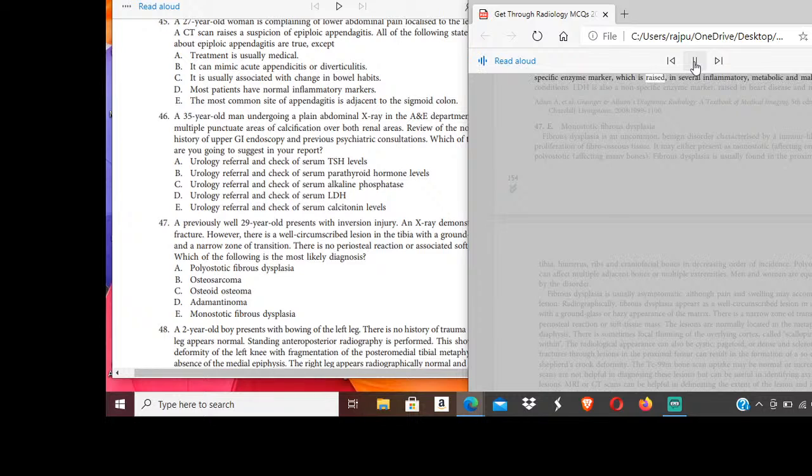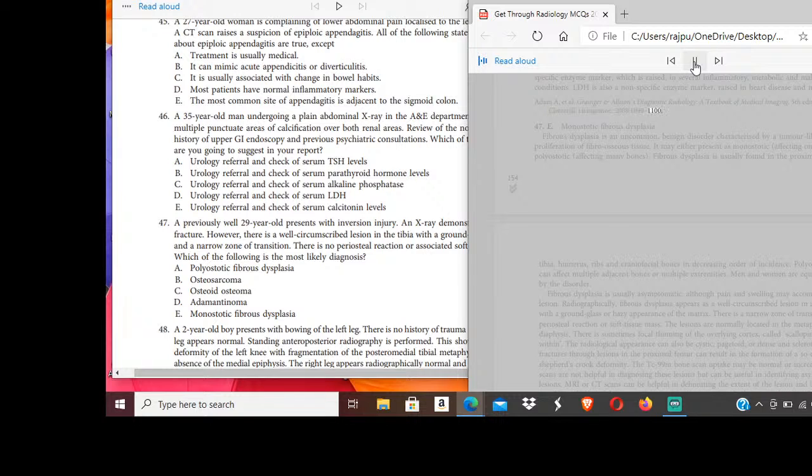LDH is a specific enzyme marker, which is raised in several inflammatory, metabolic and malignant conditions. LDH is also a non-specific enzyme marker, raised in heart disease and myositis. Adam A. et al. Granger and Allison's Diagnostic Radiology, a textbook of medical imaging, 5th ed. New York, Churchill Livingstone,